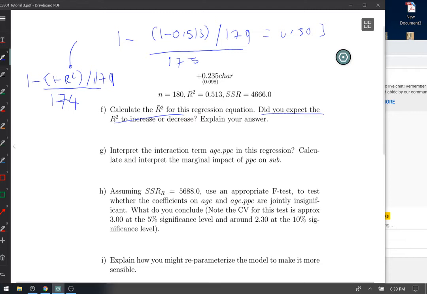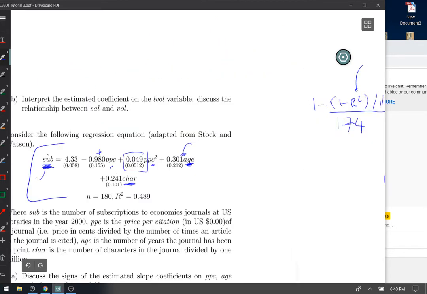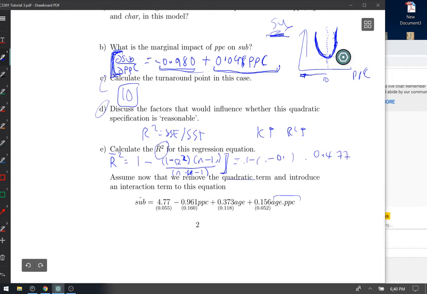Okay, so then for G, interpret the interaction term on age.ppc in this regression. Calculate and interpret the marginal effect of ppc on subscription. Okay, so we also did this in the calculate and interpret the marginal effect. Yeah, okay, so again, now the marginal effect, going back to here, well now we want to find the marginal effect of ppc on subscriptions in this new model. So d subscription by d ppc, well just differentiate it, so you're going to get minus 0.961 plus